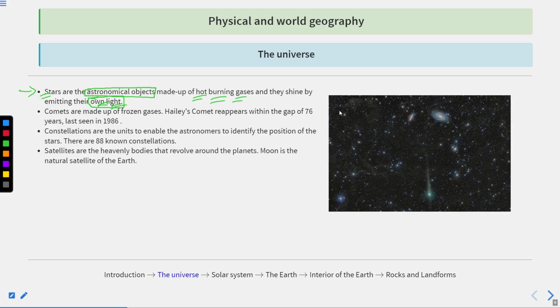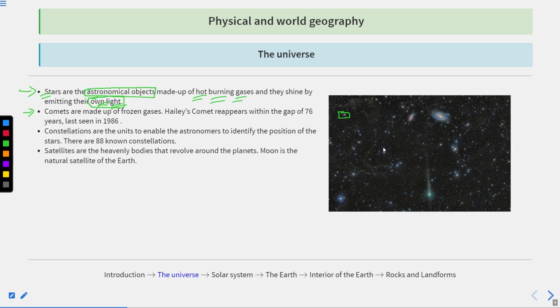And the size that you are seeing over here, like a dotted lighting object in the sky, we often see them. So remember, the size is not small. The size is even bigger than the Earth, the Sun, and sometimes bigger than our entire solar system. So how are we seeing this as a tiny object? Because they are situated very far away from us. That's why they appear as small objects.